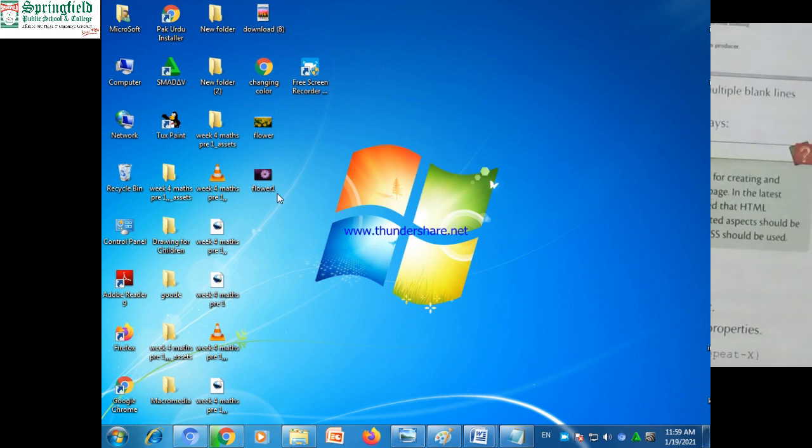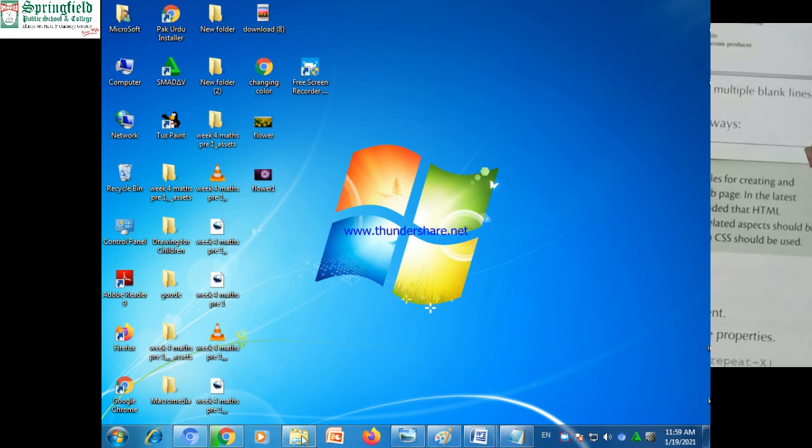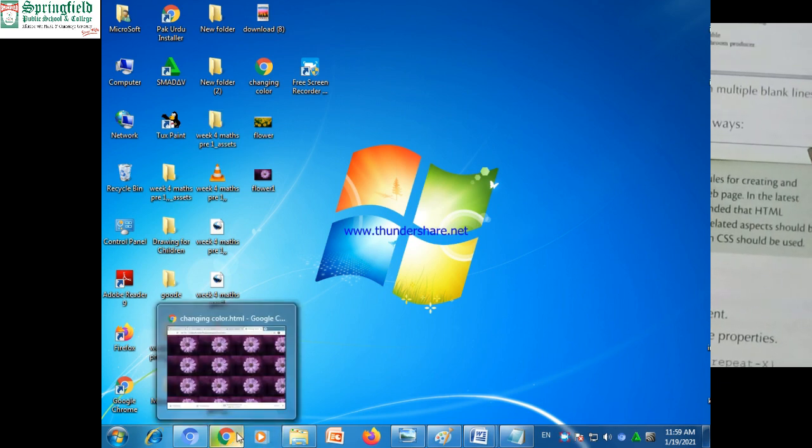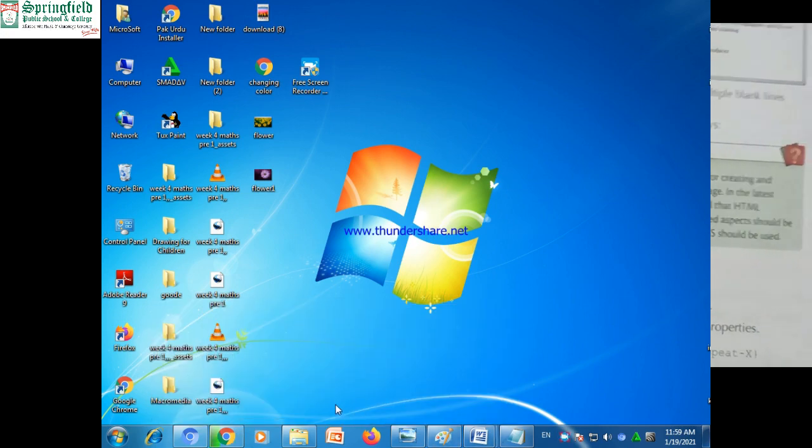Okay, so while you are typing, while you are dealing with the programming language, you have to open the tag, you have to close the tag, you have to use the colon and semicolon between the properties. If you forget it, your web browser will not read the HTML the way you want.